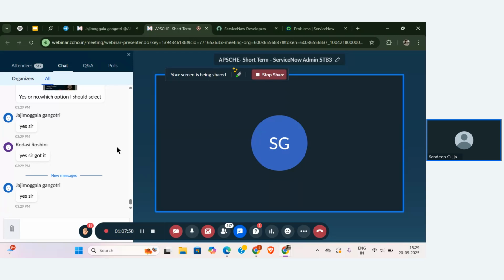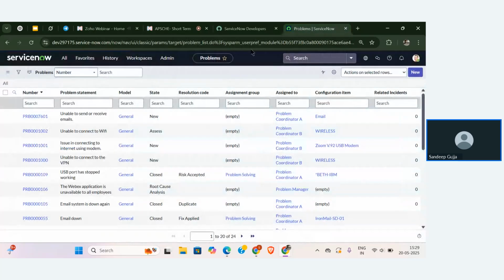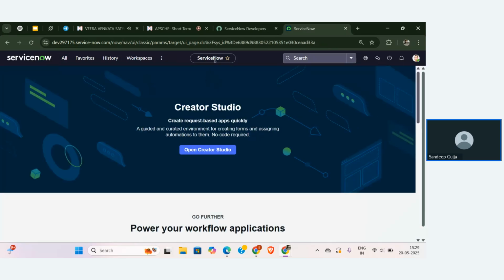The content frame is nothing but the screen that you are seeing whenever you open your personal developer instance. In that particular content frame only, whatever we open will be visible. Whereas the top navigation that we call the banner contains the All menu, Favorites, History, Workspace, and whatever we are seeing there will be visible in this particular contextual app pill. Beside that we have global search, then the application picker, slide bar, help center, navigations and user menu. Let me discuss each and everything very clearly.